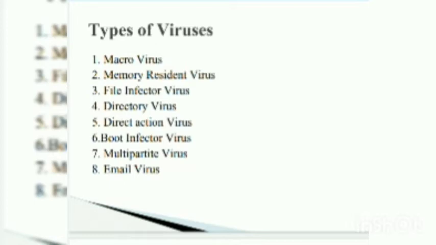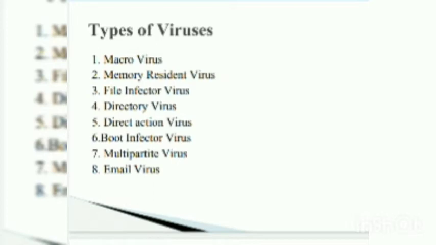Now next virus is memory resident virus. This virus installs itself as a part of the operating system. They only act when the operating system starts running, after which any open file could get infected. They are normally found hiding in the RAM. For example, Randex, CMJ, etc. are examples of memory resident virus.